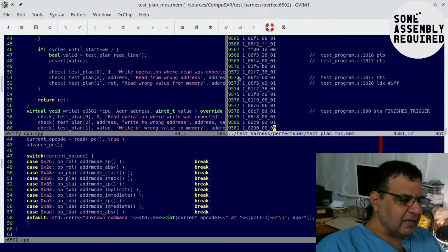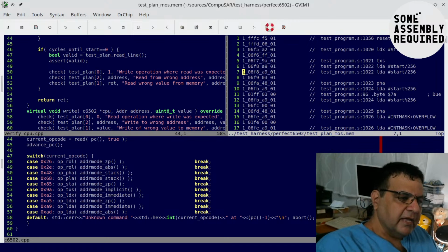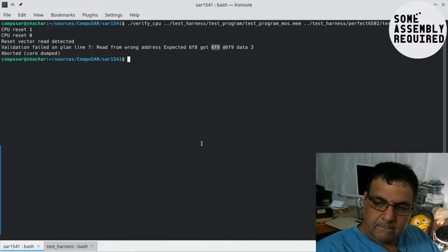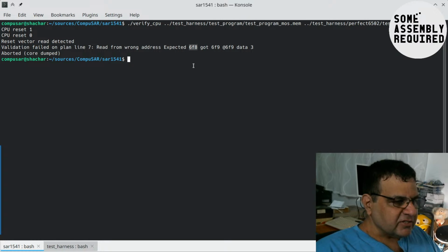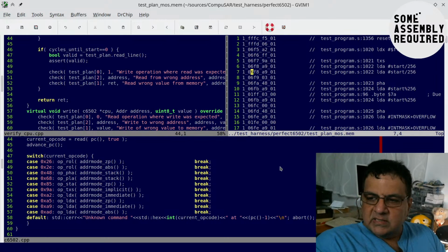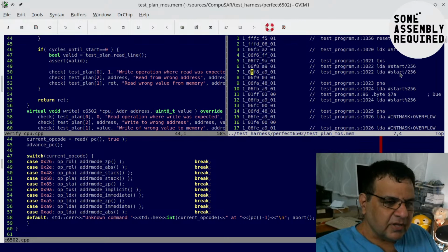And what it says is that cycle 7 is incorrect. It was supposed to read from 6F8, but instead it read from 6F9. And what we need to do now is fix the opcode that is misbehaving. So what is this opcode? The last opcode we executed was, we did transfer XS, and then